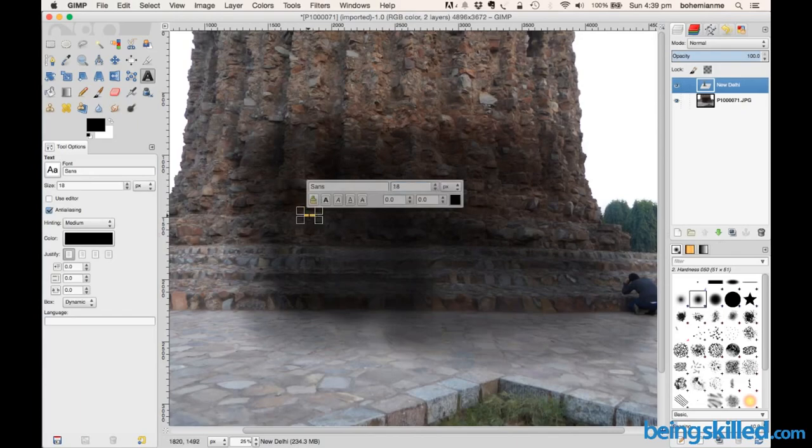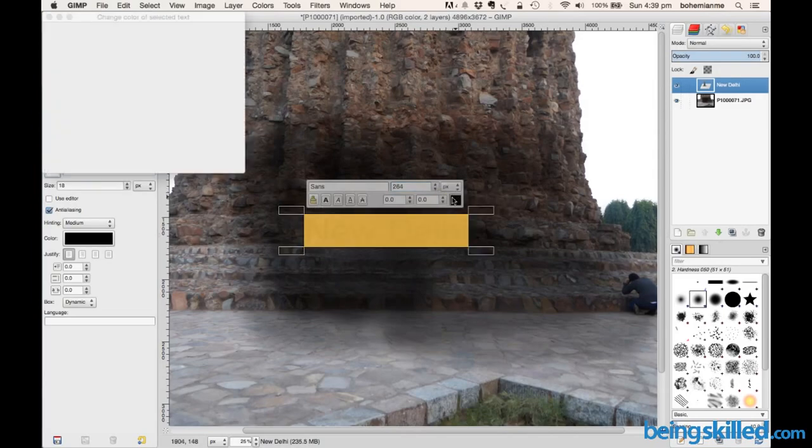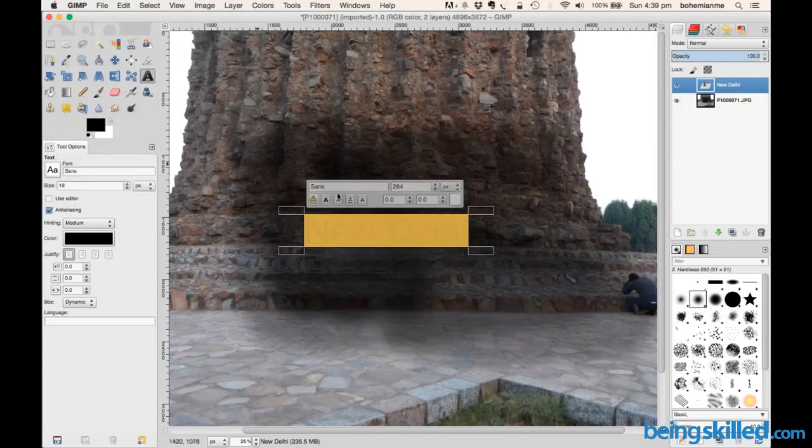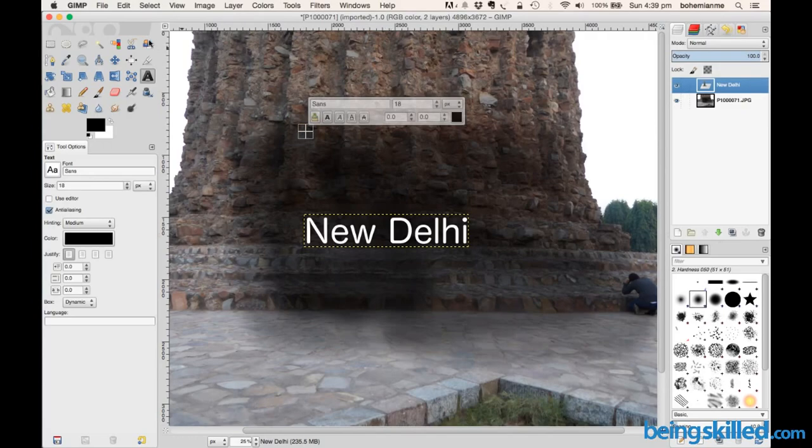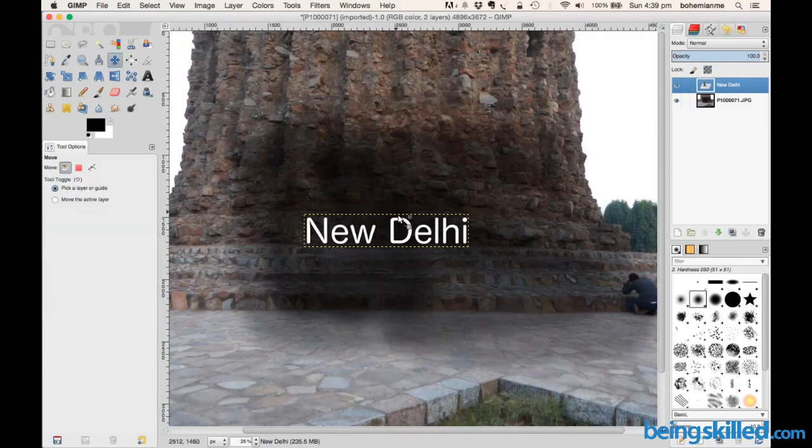So it didn't, just select the text and increase the size, and then change the color of it to white. Now if we go back, you can see you can just move it like this, and this is how it looks. So we have just learned how to increase or decrease the size of brushes, and how to change the opacity